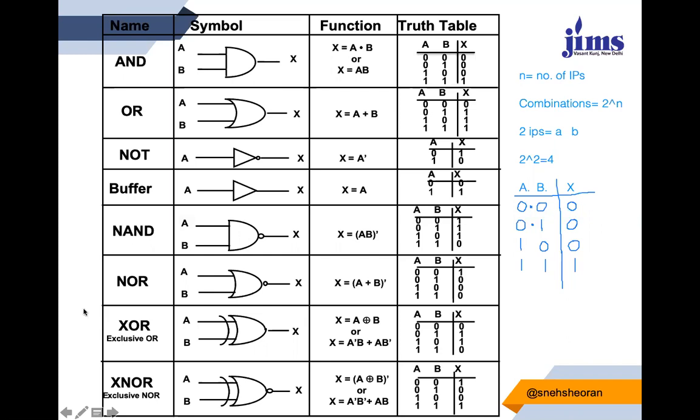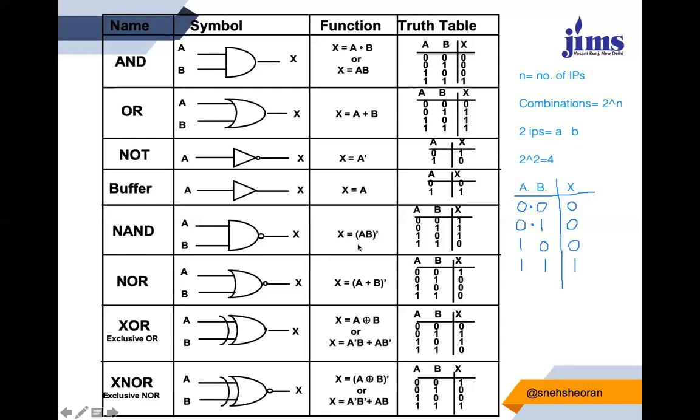Now coming to universal gates. There are two universal gates. One is your NAND gate and another is your NOR gate. I'll tell you the reason why we call them universal gates. A NAND gate is represented in this fashion. You can see NAND gate is nothing but a combination of two gates. One is an AND gate and another is a NOT gate. So you make an AND gate first and then you put a negation sign. Remember, negation always represents a complement operation. So NAND gate is two gates: your AND gate and your NOT gate.